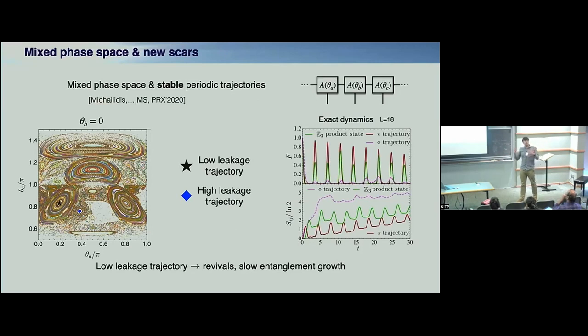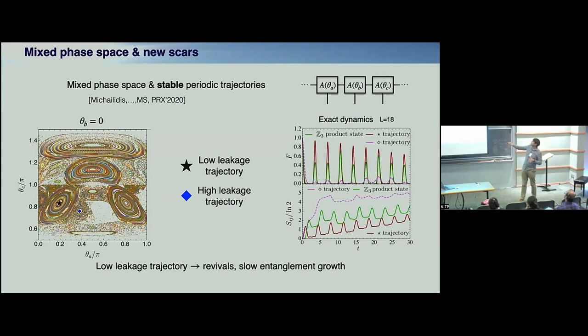And this linear growth I interpreted as this leakage, right? My system comes back here into the variational manifold, but then each time my variational principle is a bit imprecise. And that's what gives rise to this growth. And now you see there is a comparable periodic trajectory here, shown by a diamond, but this is actually high leakage. It's also stable, but actually I don't care about the stability or instability within this manifold, because it's a many-body system. There is a huge Hilbert space out there, and what I care a lot more about is how much I leak or I don't leak into it, right?